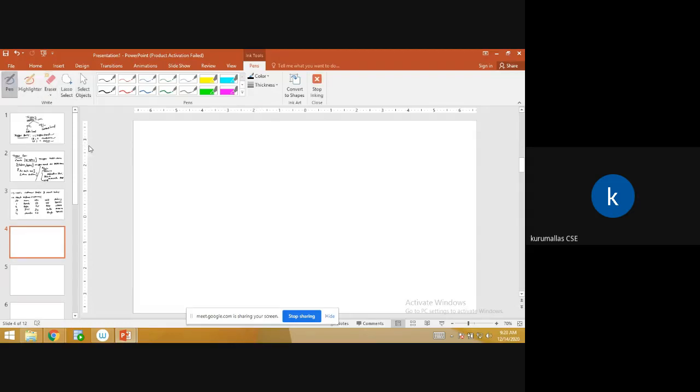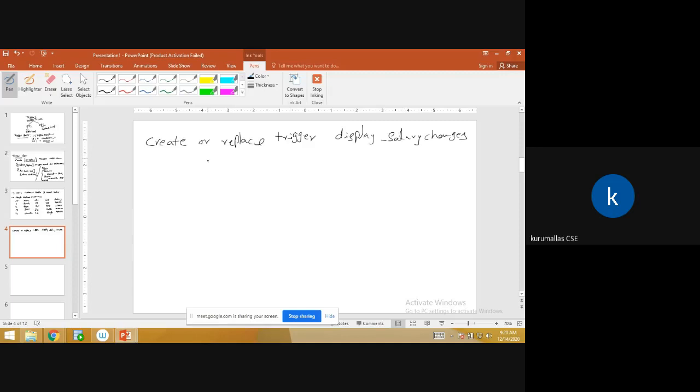See, so create or replace trigger. The trigger name I am writing is display_salary_changes. This is user defined; we can write anything.